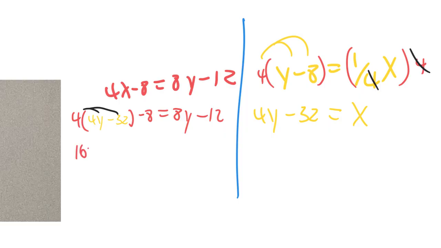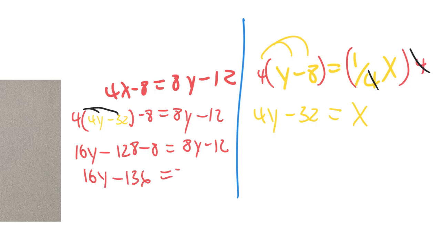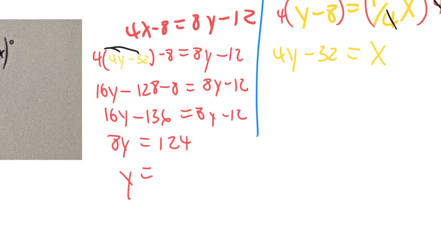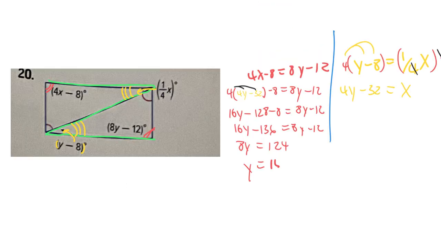Next thing you know, you have 16y minus 128, I believe, minus 8. And then we have 16y minus 136 equals this. Let's go ahead and subtract 8y from both sides. And let's go ahead and add 136 to both sides. And that would give us, I guess, 124. I'm pretty sure about that. Dividing everything by 8 would give us 15.5. Yet another reason why this is sort of a weird problem, because it's giving us a weird answer there,